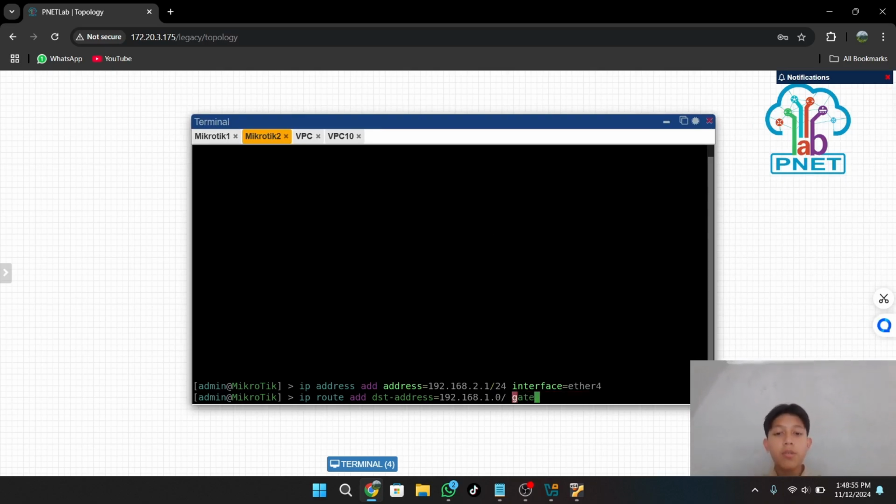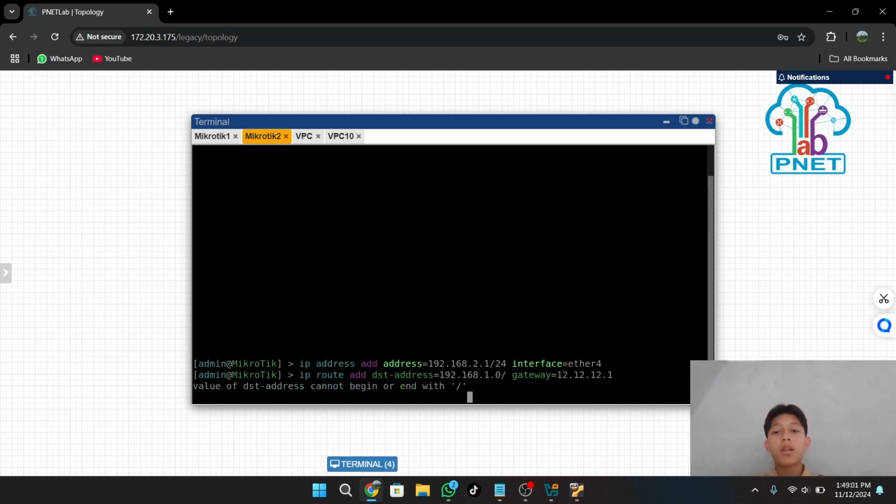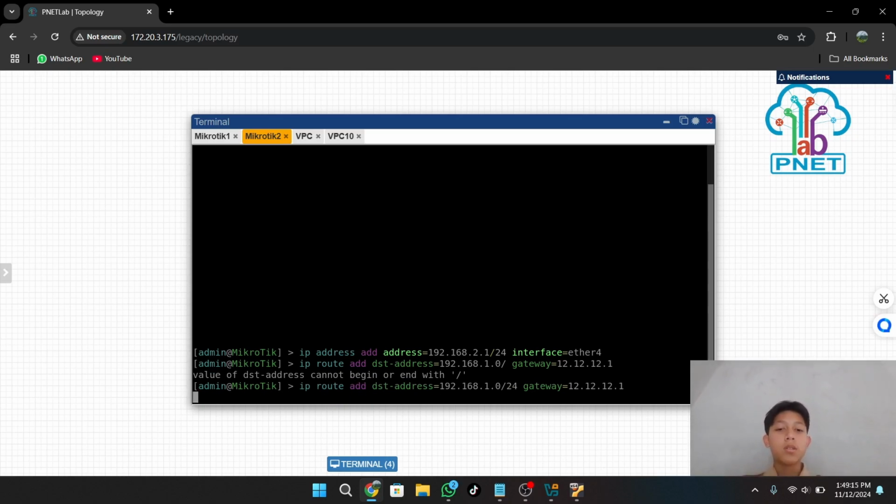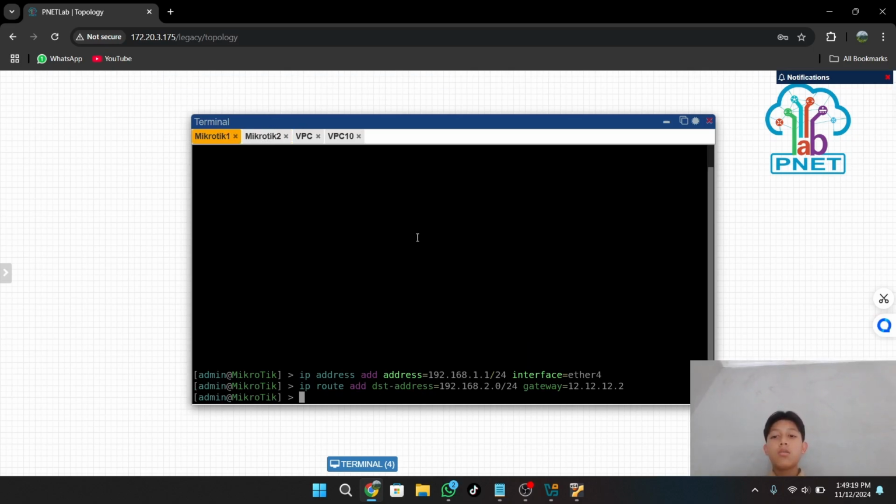And for the gateway it is 12.12.12.1, and enter. At the prefix, I forgot to add the prefix after the slash.